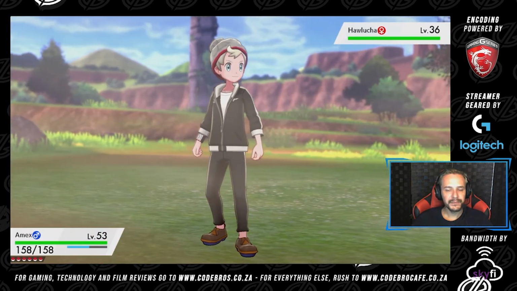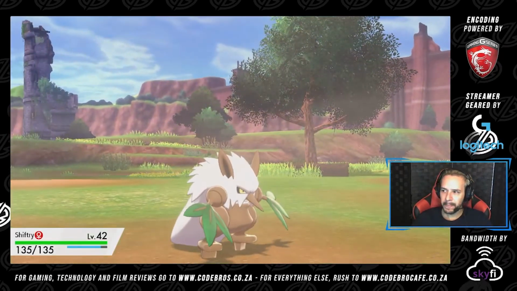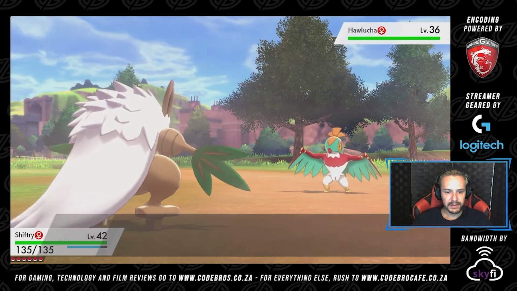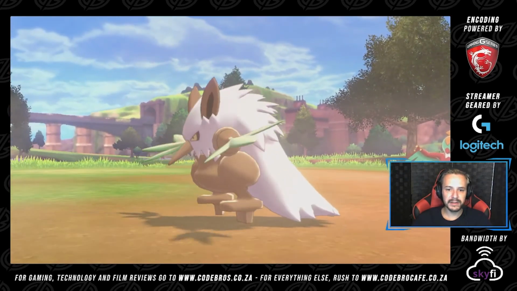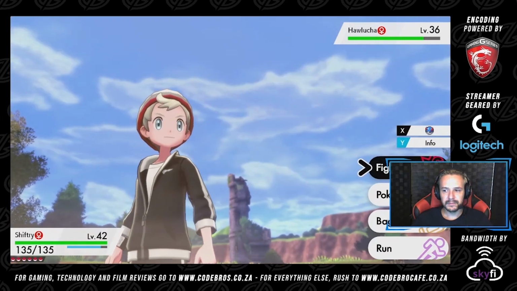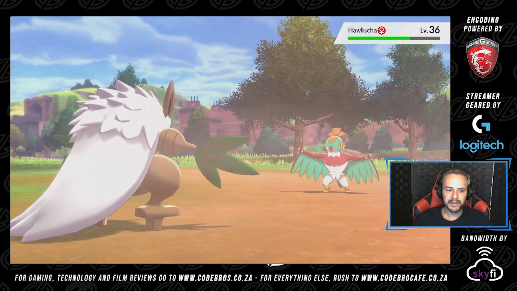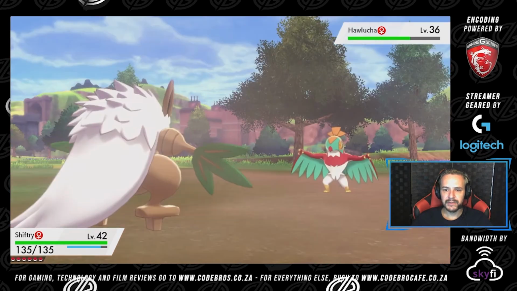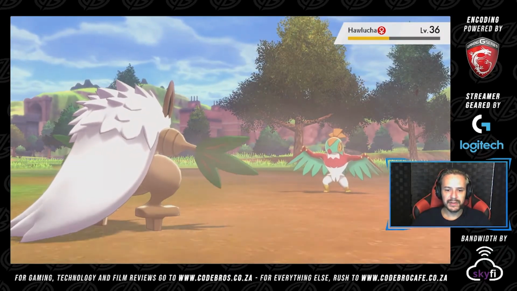Now we're going to go with a Shiftry, which should work. And then let's fight with the Astonish, because Rollout just is not going to give me a chance to even attempt to catch. That's fine. Let's see what a Mega Drain does. Now they all seem to take the same amount of damage. Let's do a Leaf Tornado now. That one does better. So we'll definitely use the...